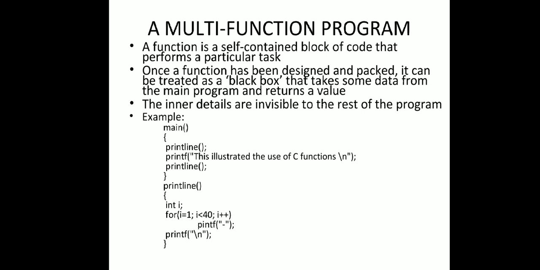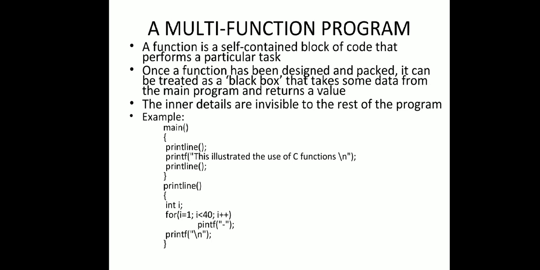And then what we are doing is just printing. This is not printf, it is printf. Okay, spelling mistake, please correct it. So we are using one for loop. It takes a value from 1 to 39 because i is less than 40, that's why it takes a value from 1 to 39.